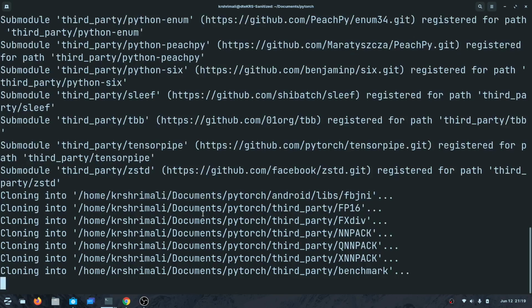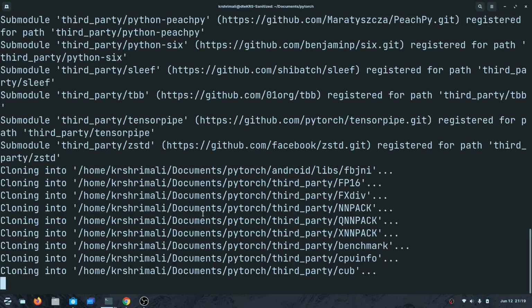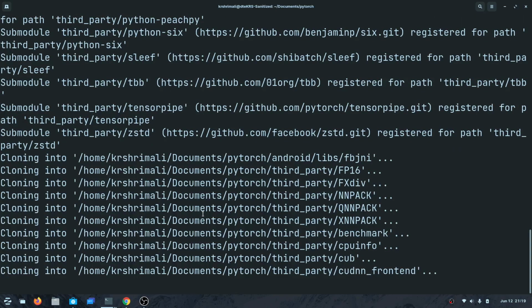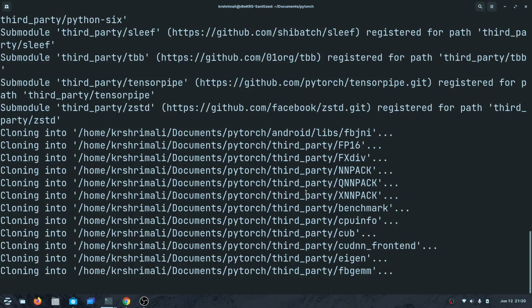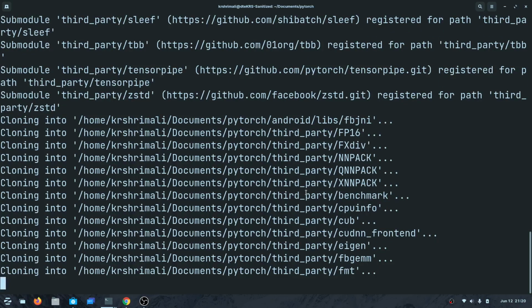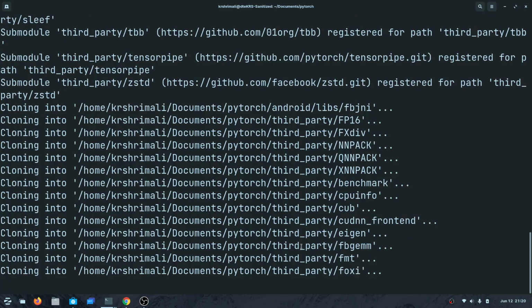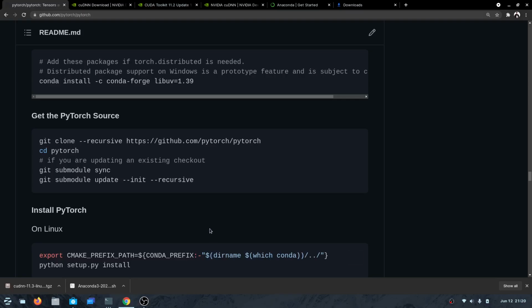One of the most important reasons we have these submodules is you don't want to populate your current repository with all these third party libraries, because it would be of huge size, it might exceed 500 or 600 MB at least. So it's always good to have them as linked submodules, and if a person really wants to build from source, they can run this command and clone them there. You don't really need to understand what's going on in these third party libraries to be able to use PyTorch. That's totally fine. Once this is done, you will be able to start the installation.